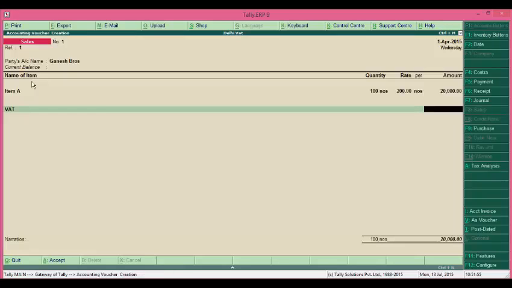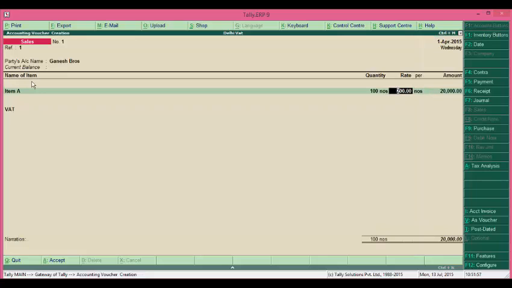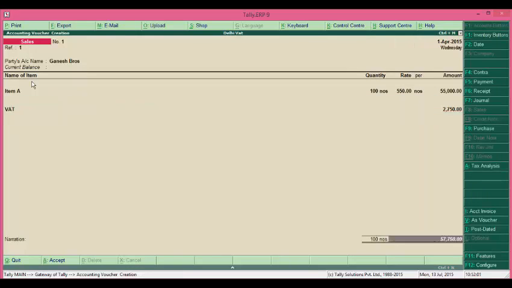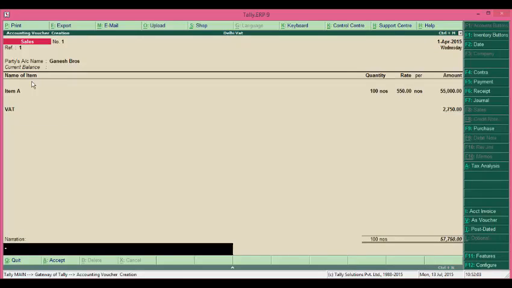Right? So I'll just save this, change the rate to 550 and save this. So this is a specific requirement in the state of Delhi. In this release 5.0, we have given this capability wherein the VAT can be calculated based on the rate.